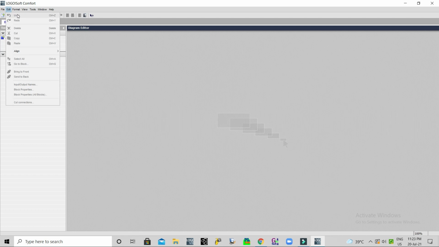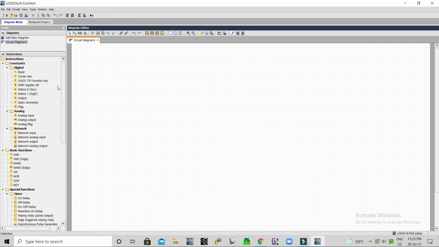New. We'll go with function block diagram. Now we will take analog input.